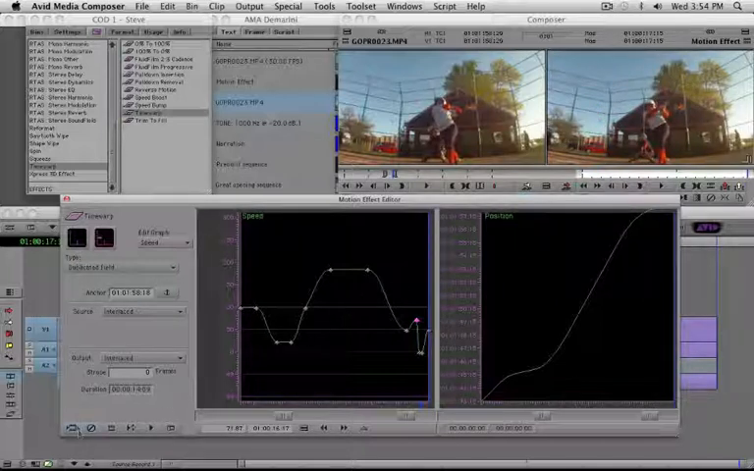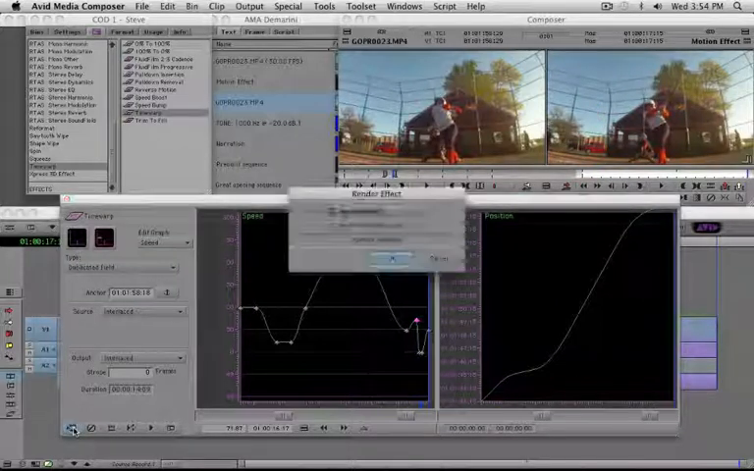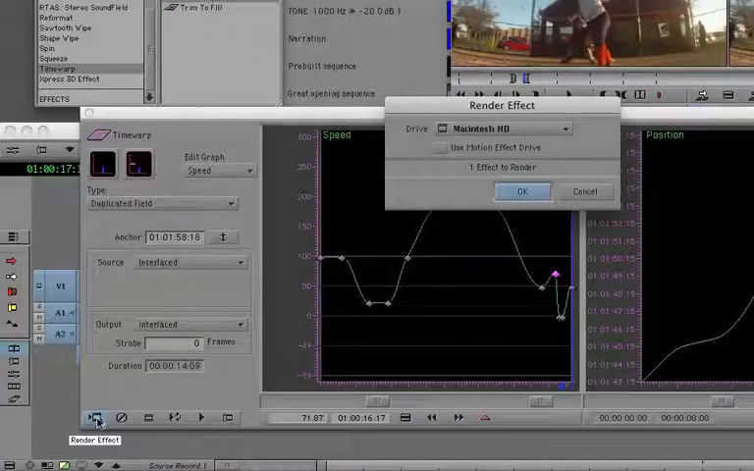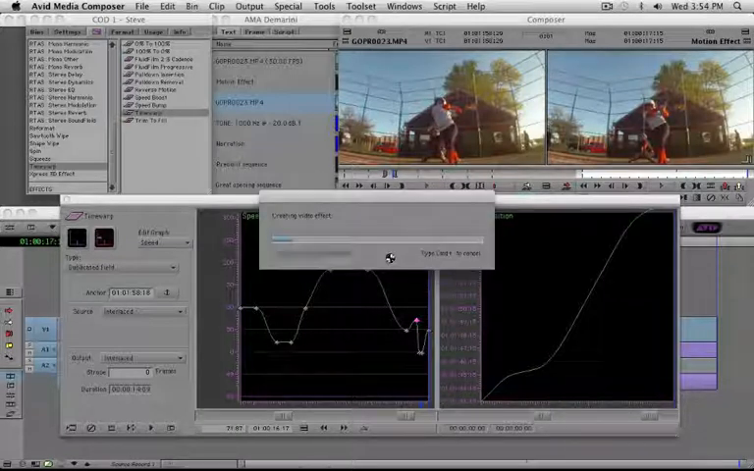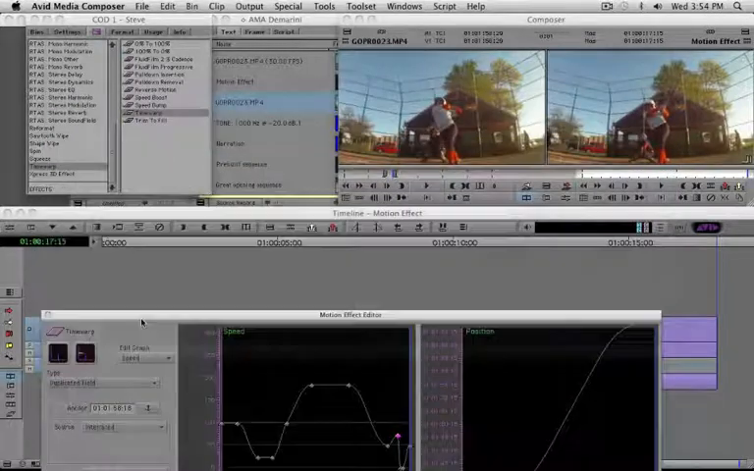So let me render that real quick to show you how it looks. The render button is right down here, or you could use the one that's mapped to your keyboard. Just click OK. Pretty quick render. And if we look at that effect,